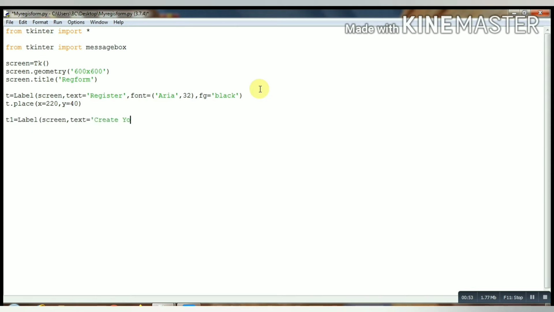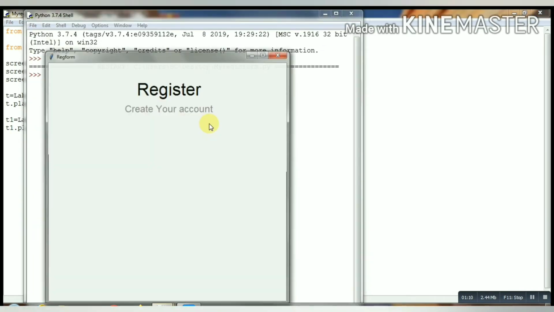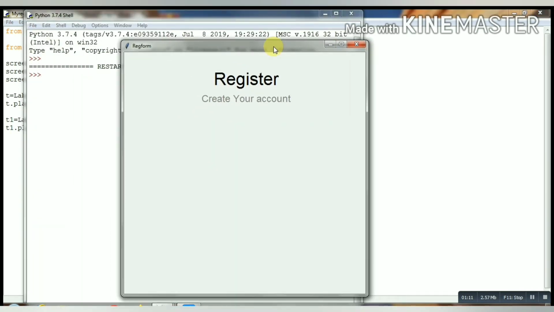That text will be Create your account, same font Arial and 18, foreground as gray. We will place it at x equals 190 and y equals 100. Now let's run and see how it looks. Okay, so it looks like this.